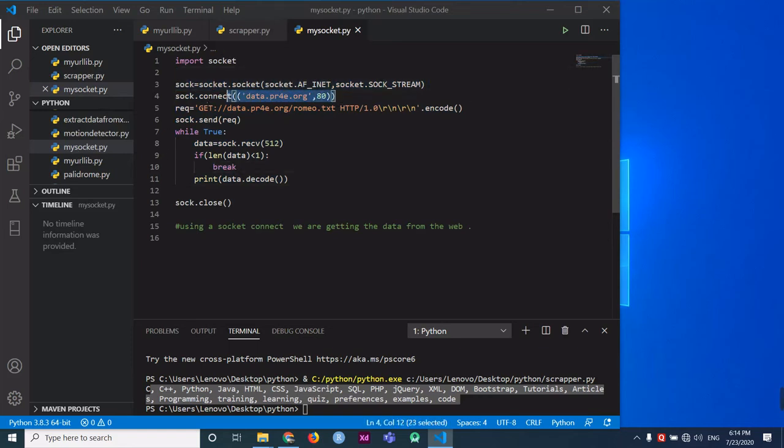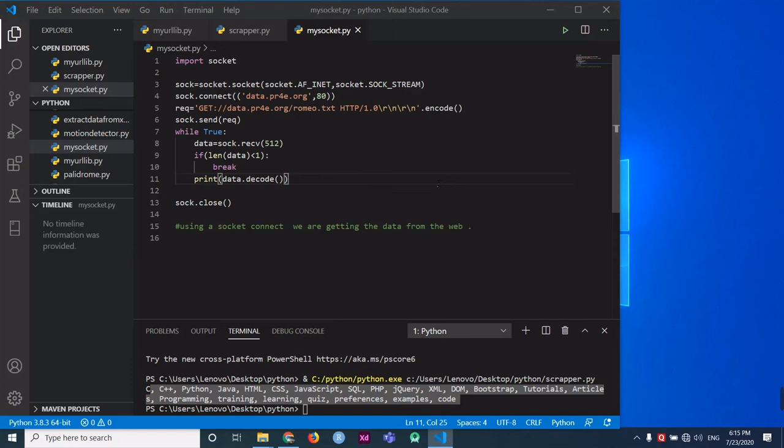So I created my own mysocket.py. Here I created a socket and connected it to port 80. Then I made a GET request, and I have to encode it because our internet world is full of UTF-8. Then I am sending it, and using a while loop I am printing the data.